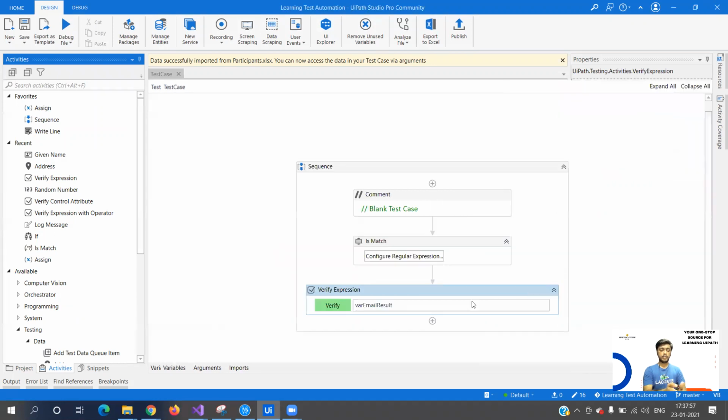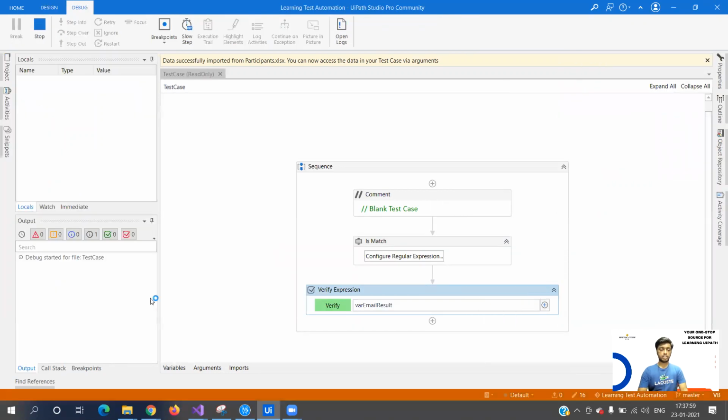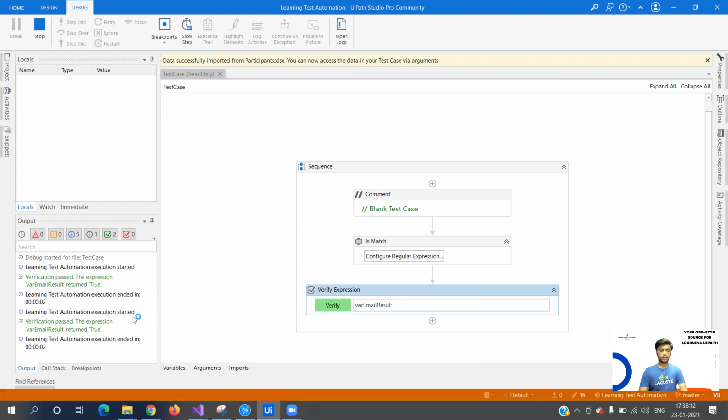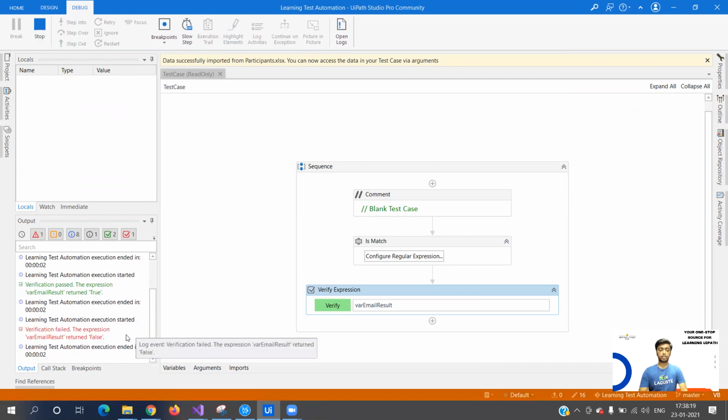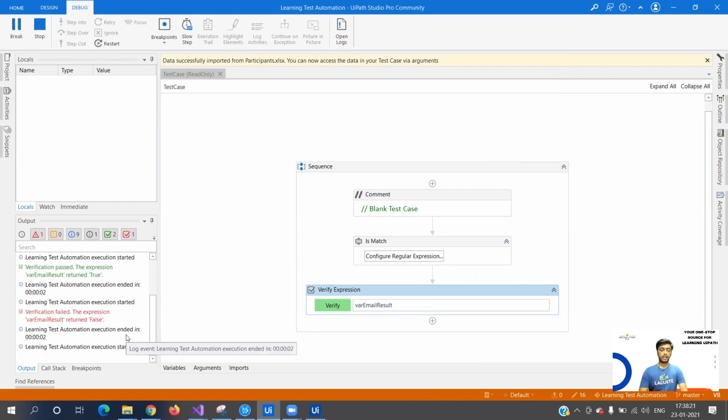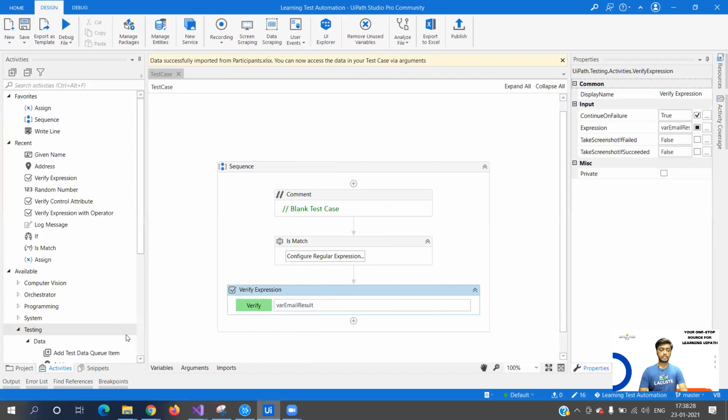The output will be available in the output panel. The verification result will be returned to you. Since the data is small, the process will be quite fast, I think. So you see the execution started for the first one, it passed. Now it is running for the second one. It passed for the second one as well. Now the third one was false because we have ABC. The fourth one, I think it is going to be true, and the fifth one is going to be false. Right, and now the execution is completed.